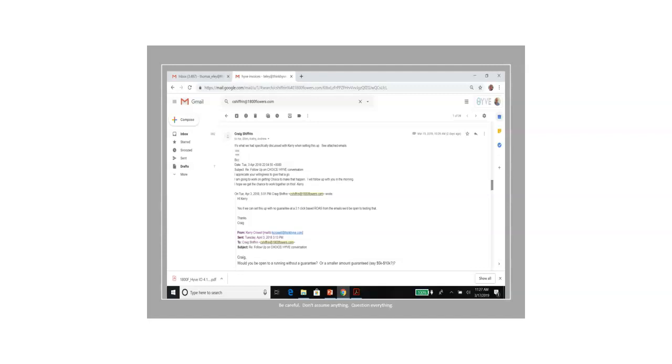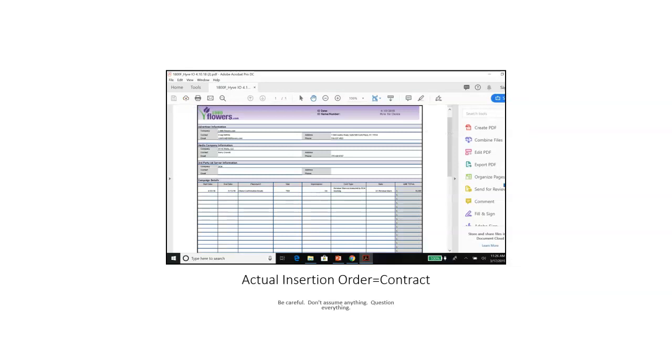I had not actually made the deal with them. The head of sales, a guy named Kerry, actually did. And he sent me the insertion order, or I looked up the insertion order. And the insertion order is the contract between the advertiser and the media company. And it doesn't say anything about orders that happen after the initial click.